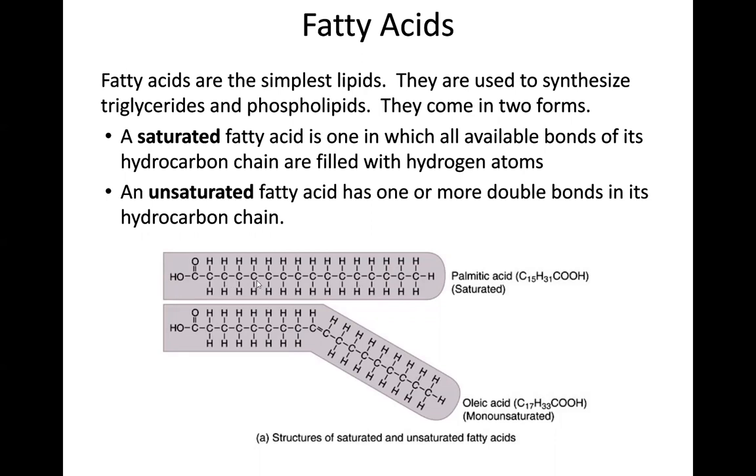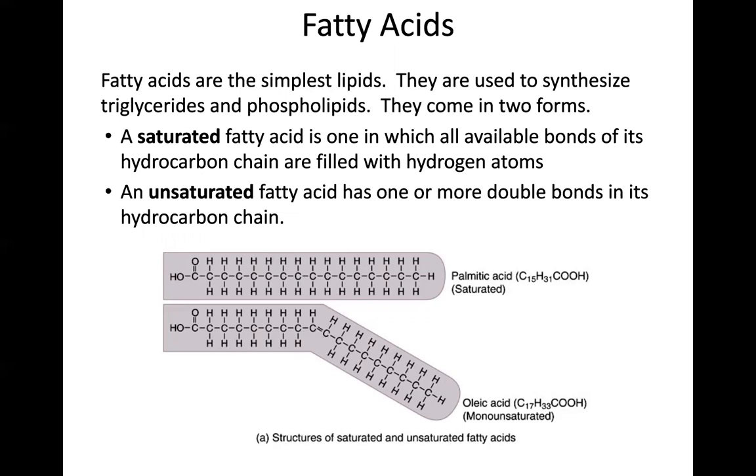The shape is different between the 2. A saturated fatty acid is basically just a straight chain of hydrogen and carbons. And the reason it is straight is because from carbon to carbon to carbon to carbon to carbon, you never find a double bond. It's always a single bond. They always use one line for a single, whereas here where it looks like the equal sign, that means you've got a double bond. So we say in a saturated fatty acid that all available bonds of the hydrocarbon chain are filled with hydrogen atoms. Whereas here in a